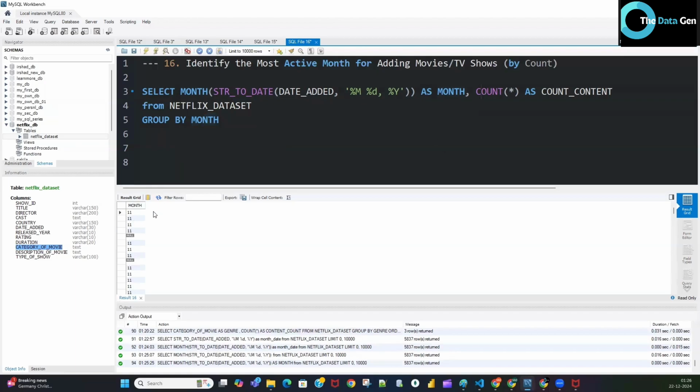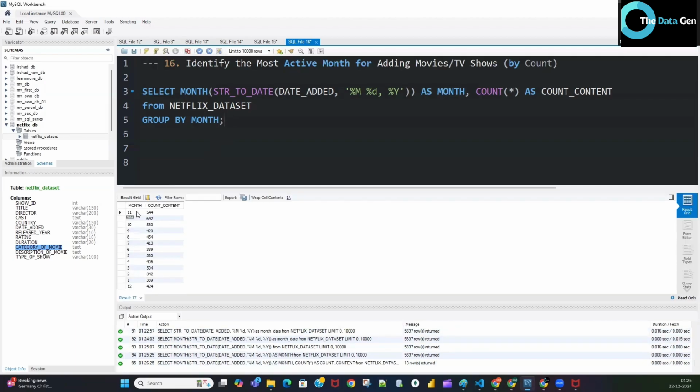Okay, count. So it will count all the 11th month data. How many records are available related to the 11th month, then how many records are available in the 10th month, how many records are available for the 12th month, like that. Now execute this query. So here if you see, in the 11th month this many content got added, and in the 10th